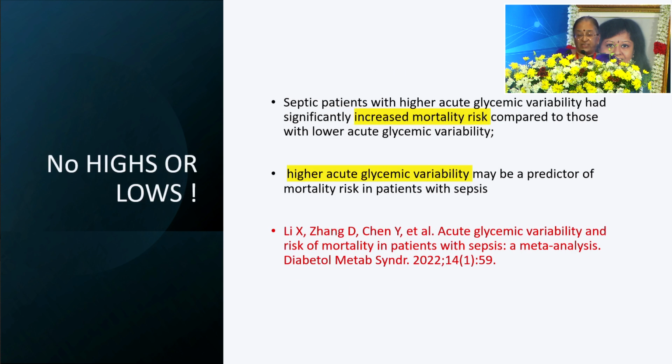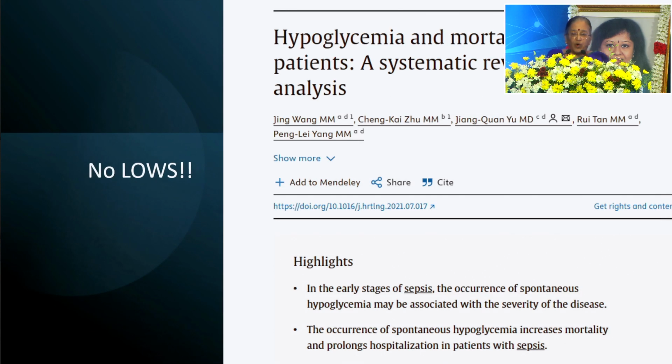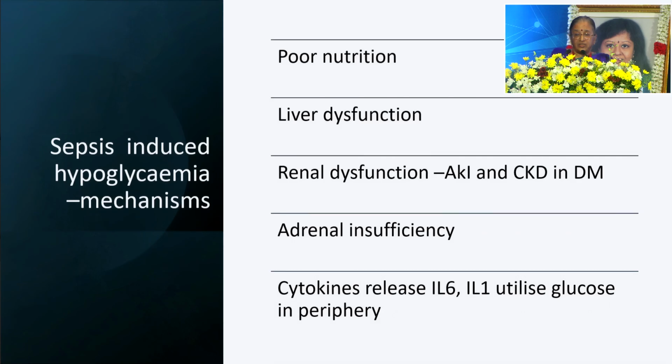Avoid hypoglycemia and avoid fluctuations. We don't want glycemic variability. We don't want 100 and then 400, then again 100. That we don't want, because glycemic variability is what causes mortality. Hypoglycemia is well known even in diabetics in sepsis, and that can increase the mortality. That's because of the poor nutrition, liver dysfunction, renal dysfunction, adrenal insufficiency, and the cytokines of sepsis, they only will